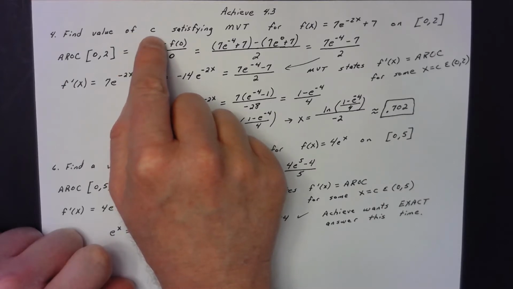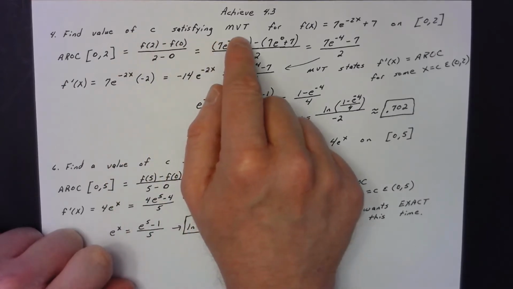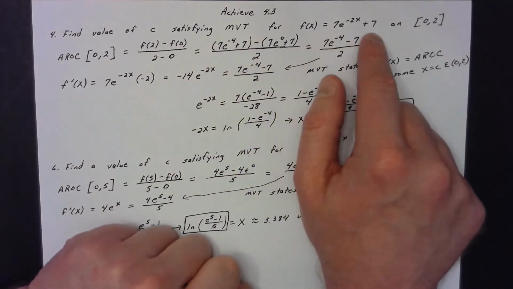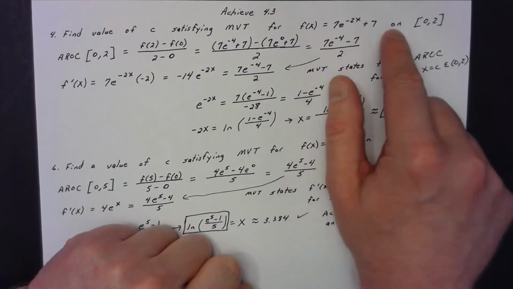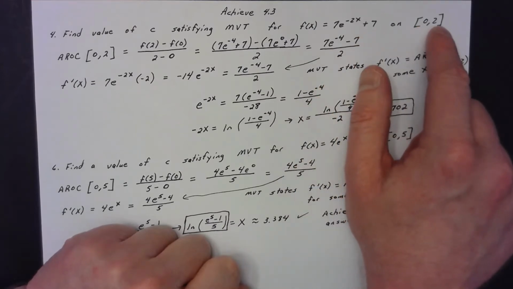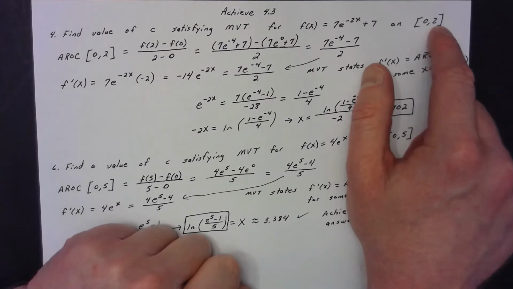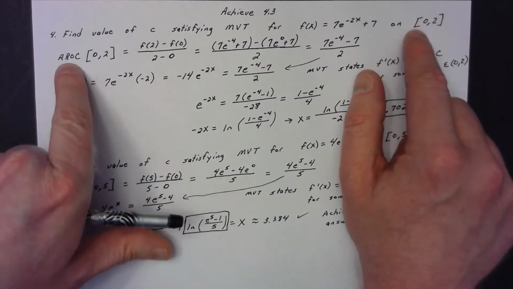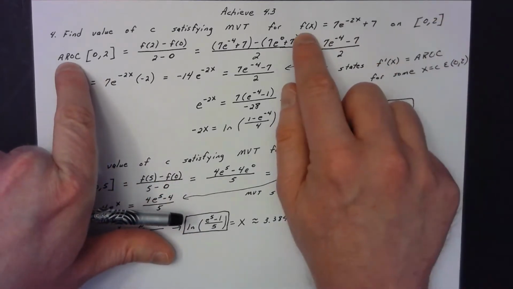So find the value of x equals C satisfying the mean value theorem for f of x is equal to 7e to the negative 2x plus 7 on the interval of x values from 0 to 2. So the mean value theorem just says that the instantaneous rate of change has to equal the average rate of change. So the first thing I do is I take the average rate of change on this function from 0